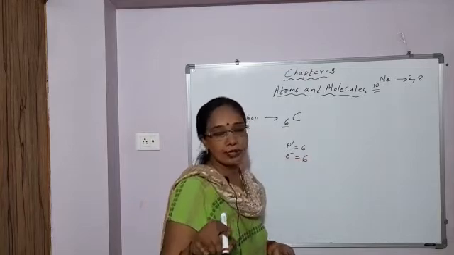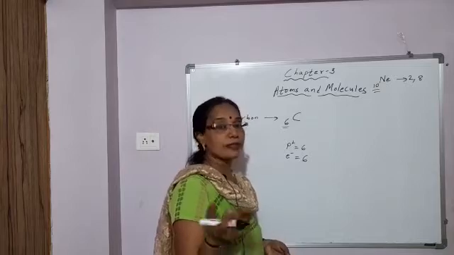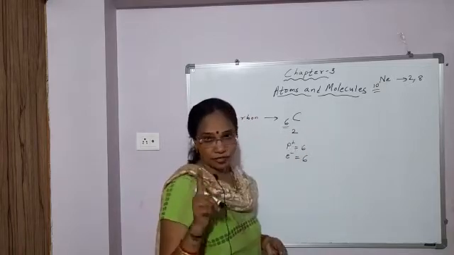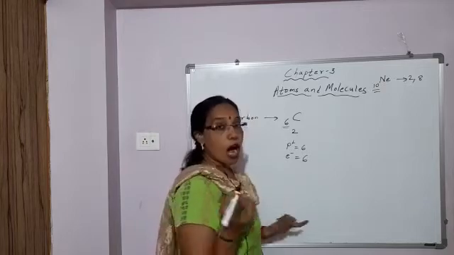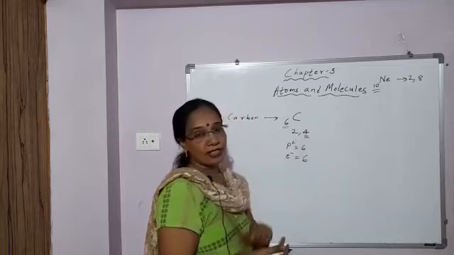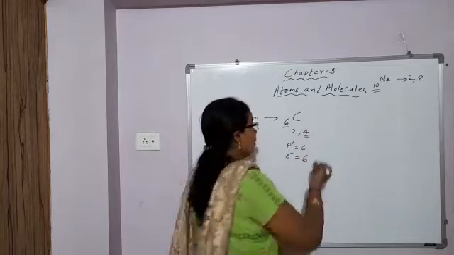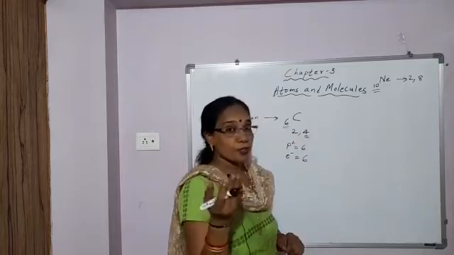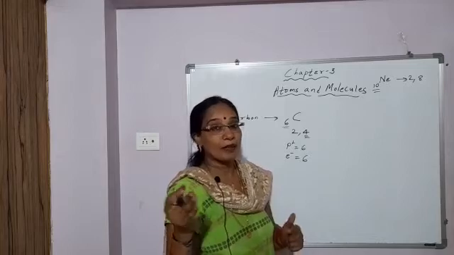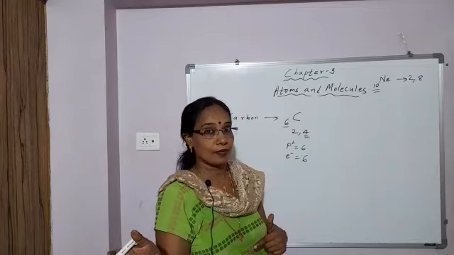So electrons are also 6. Now do the electronic configuration, means distribute the electrons in different shells. First shell maximum capacity 2. How much left? 4. So you see here it is a unique configuration. Outermost it has 4 electrons. All the atoms try to attain 8 electrons in their outermost shell. They want to become like the nearest noble gas and unreactive like noble gases.